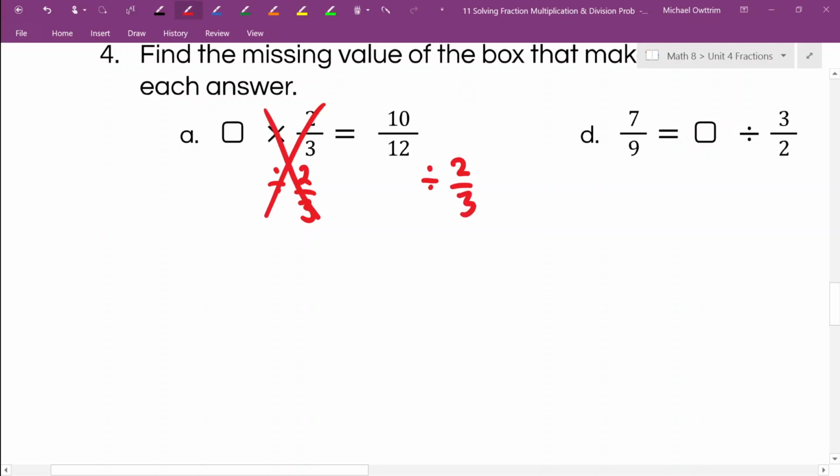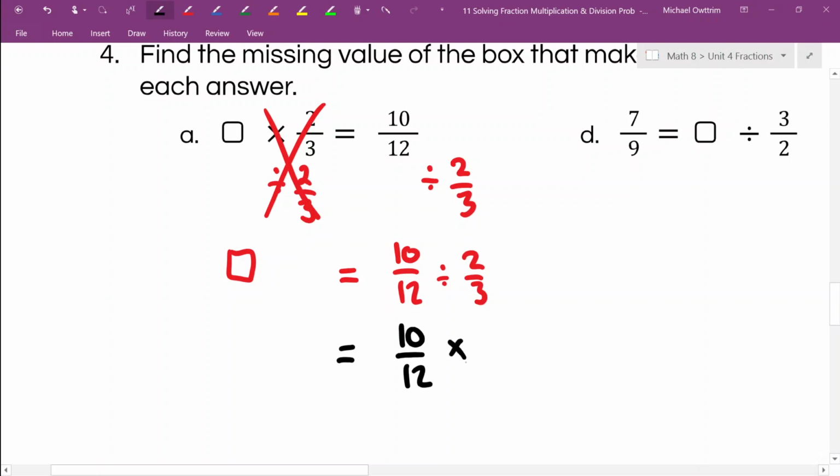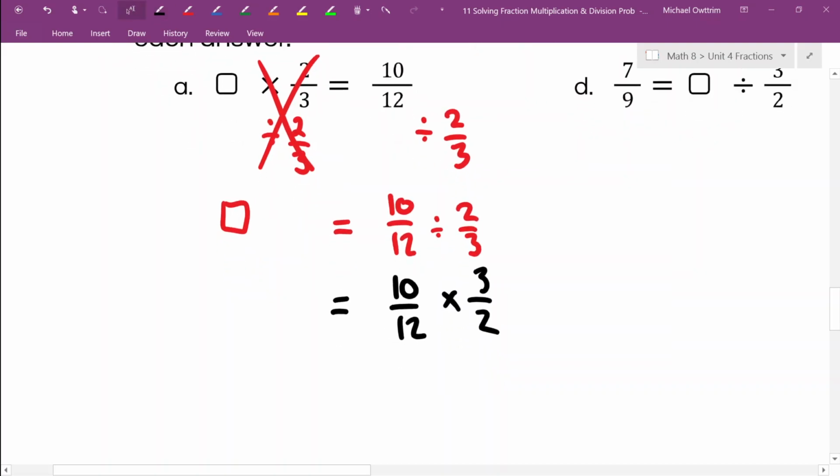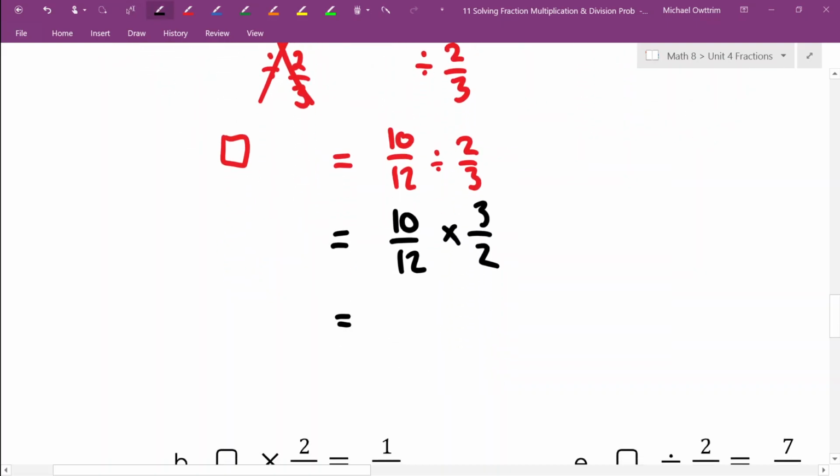2/3 times and 2/3 divide on the left side of the equal sign, of course, cancels out. So we've got our box equals our 10/12 divided by 2/3, and now we need to complete that calculation. So our 10/12 divided by 2/3 is going to become 10/12 times 3/2 by our multiply by the reciprocal rule. There's a few different ways we could simplify that. We could simplify our fraction 10/12, but I'm going to go ahead and choose to divide out my common factor